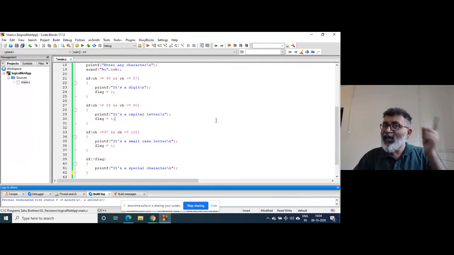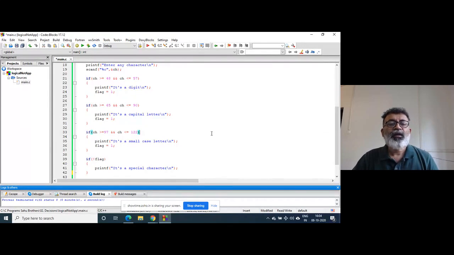In that case, flag is reset to 1. So when control comes here, since flag contains 1, not flag means not 1. Not 1 is not true. Not true is false. If false, this is not going to be executed, because the condition is false.